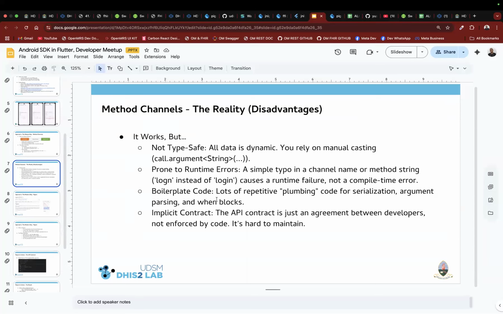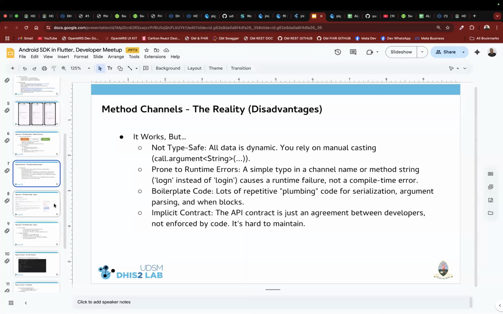It's hard to maintain. For example, if you want an implementation where we support Android and iOS, and we implement 3 methods in Kotlin on Android, then 3 methods on iOS, there is nothing that enforces a developer to actually implement these methods in both Android and iOS. So there is no API, no interface or something.